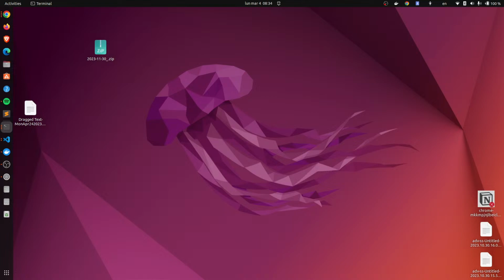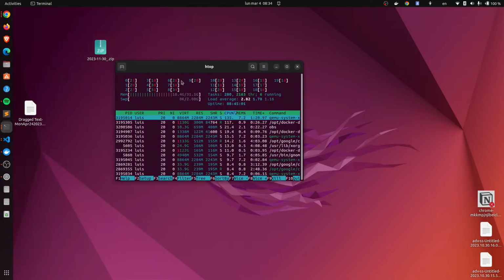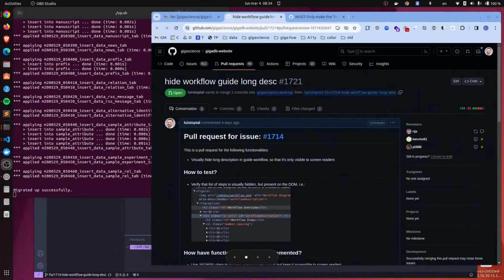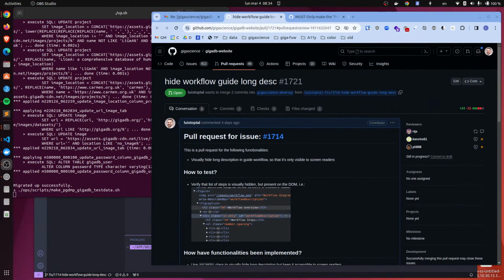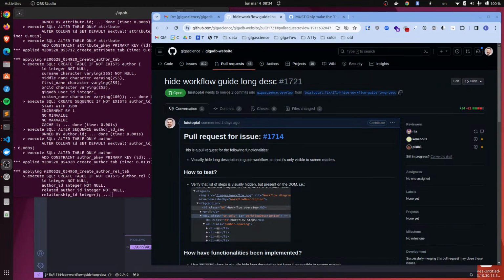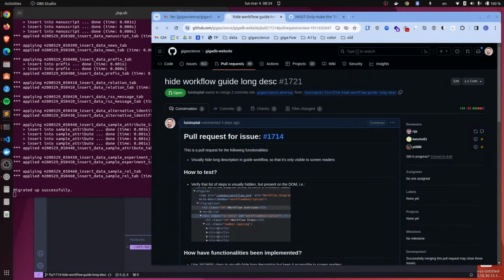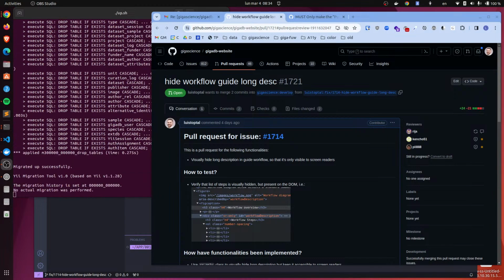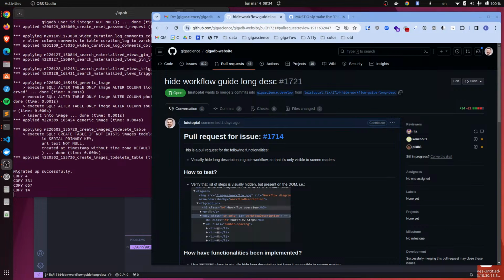I had 16, and now I have 32 gigabytes of RAM. So hopefully my computer should not be crashing. I hope, if I am correct, that the problem was not having enough RAM.